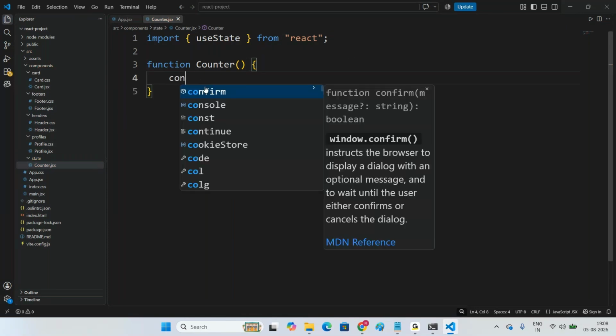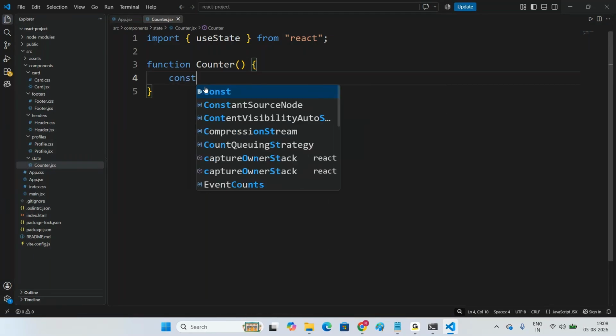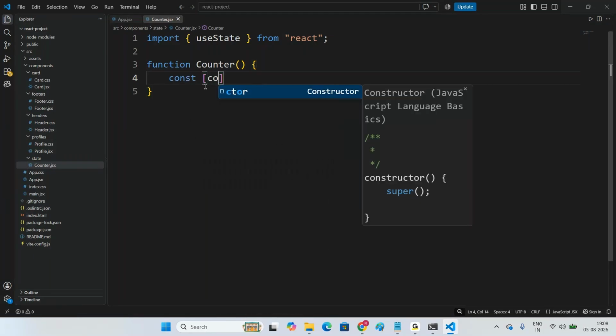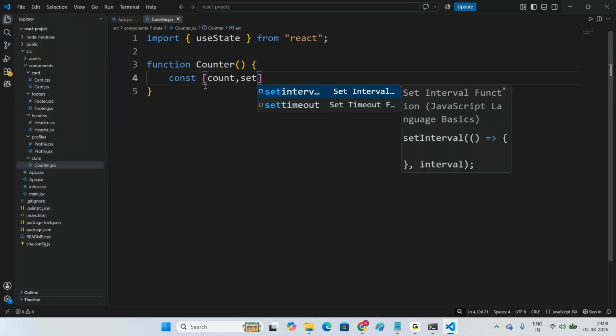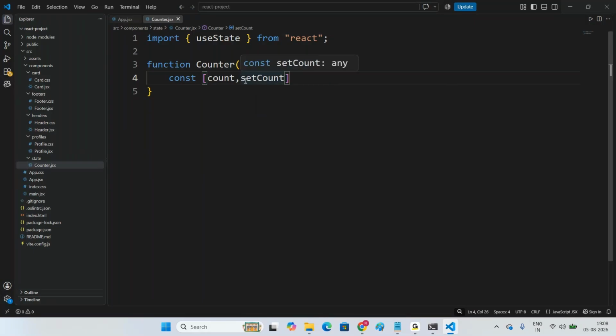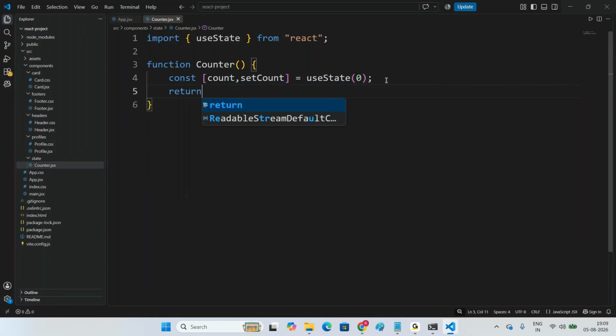Here I'm creating the state like this: const, the state is count. It's like a variable. To update your state, we use the method setCount. By using this setCount method, the count value can be changed. Then call useState, and the initial value of count is 0. Now write the code: return